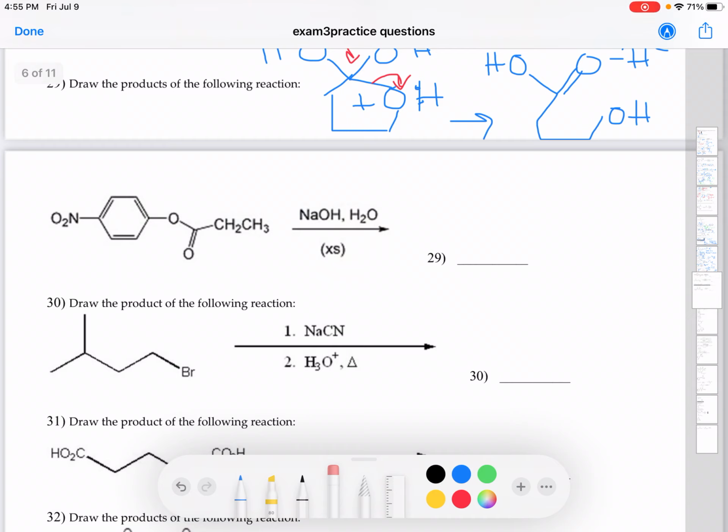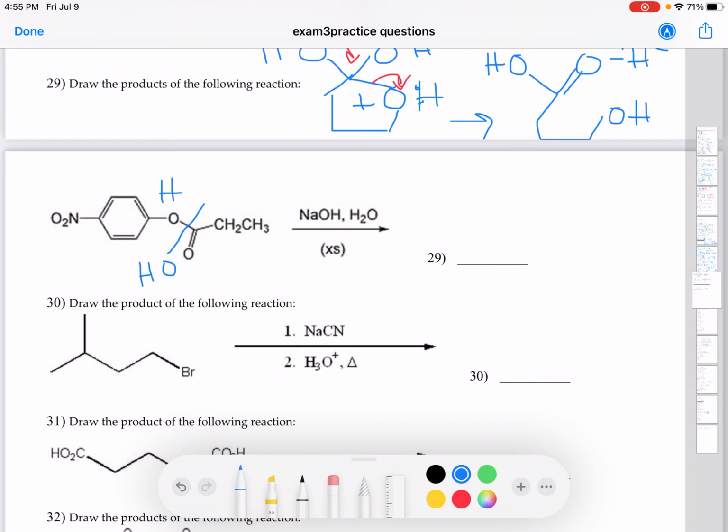Okay, so again we have an ester, and you are adding sodium hydroxide. So what's happened when you add sodium hydroxide? Again you are breaking the ester bond. You're going to break this bond right there, and you would be adding hydrogen to this side and OH to